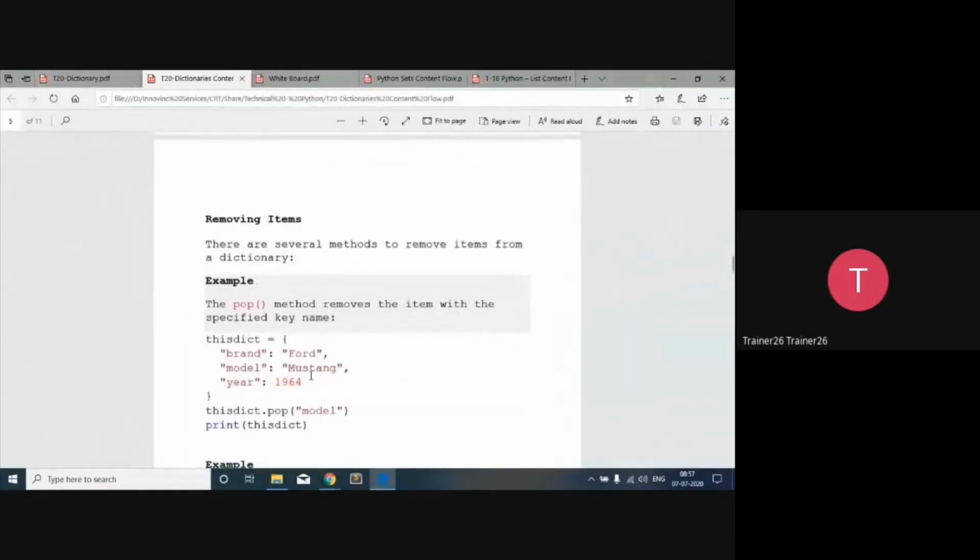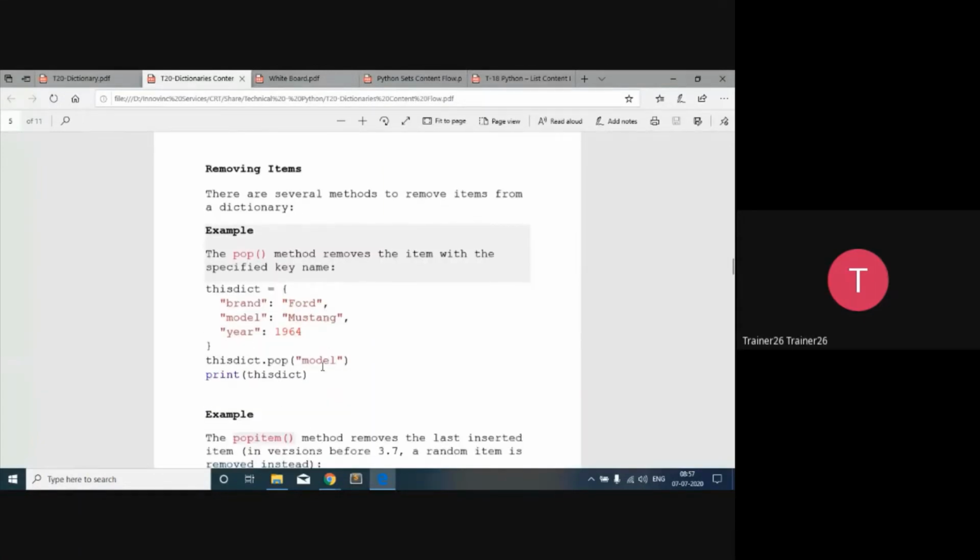So for an example, if we try to remove items from here, several methods are possible. Let's execute it. Pop is the method, and it removes the item with the specified key name.